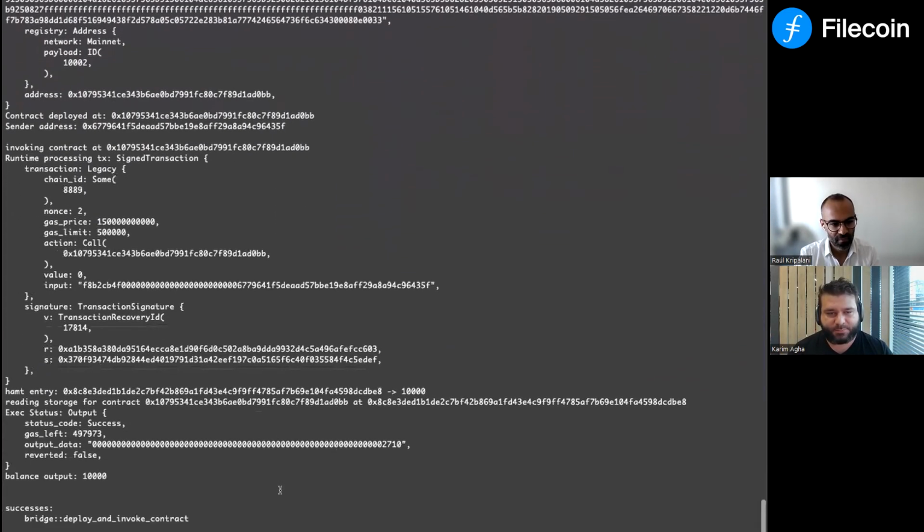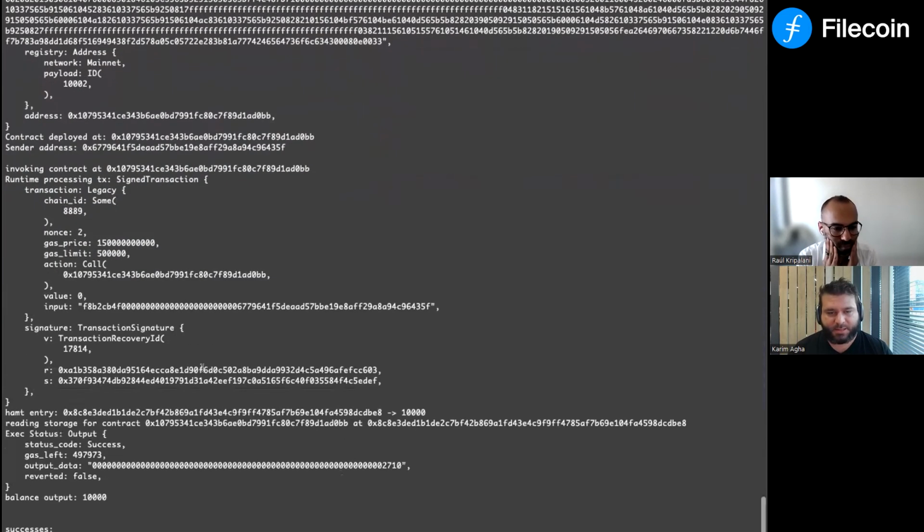And here in the next step, we are invoking the same contract that was deployed here with the Solidity calling convention. So the first 4 bytes are the hash of the signature, and then we have the sender's address. And this is your typical RLP transaction that was probably produced by